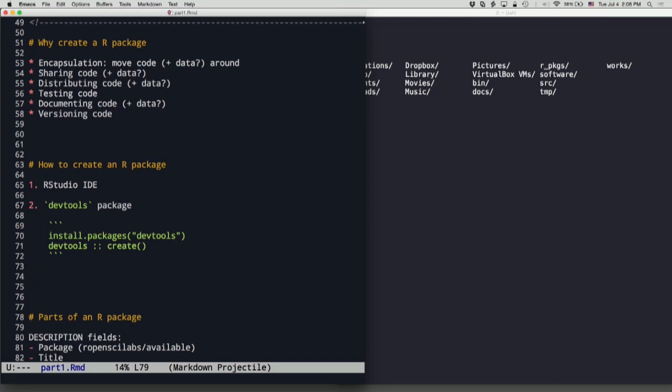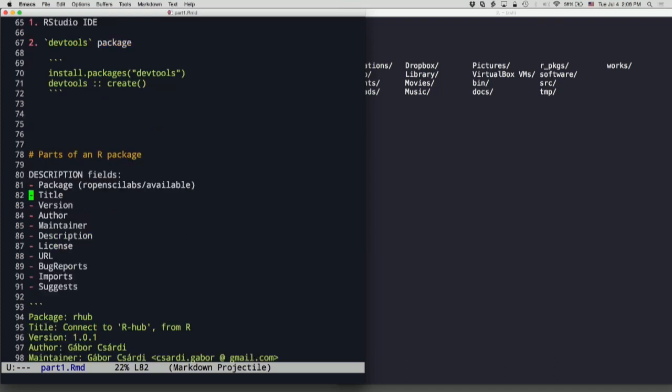We will do this as an exercise, later for yourself. Create your own package, and you can choose either way to do it. Once you have created your package template, you can already look at it, and you will see that there